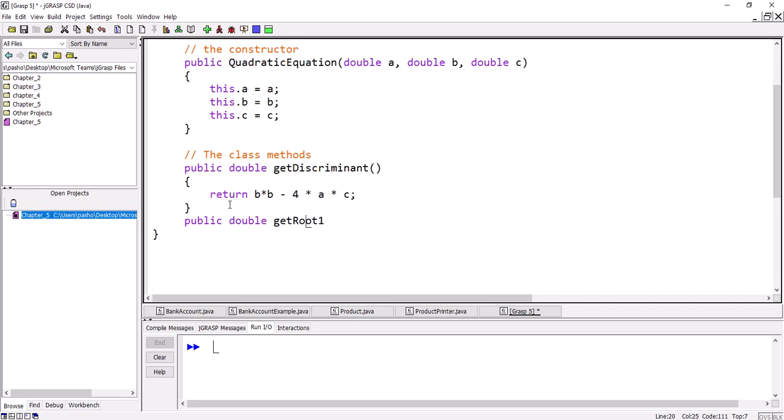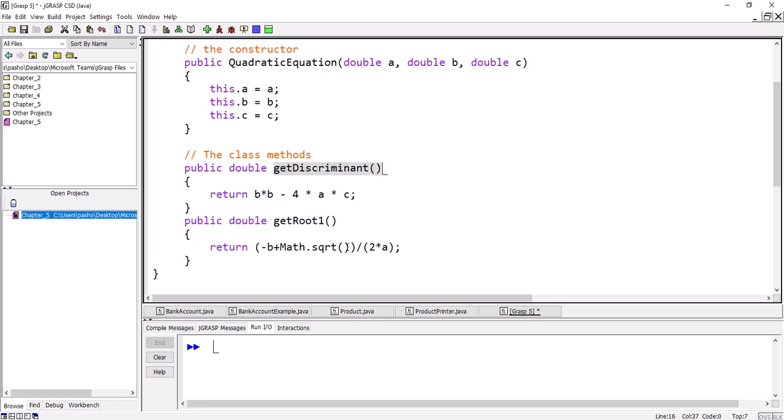Now let's look at the equation that we are going to apply, and if all the parameters of this equation are already defined inside the class, we don't need input parameters. So it will return, divided by 2 multiplied by a. Here we have introduced before a library that has all math functions, so it will be minus b plus Math.sqrt, which stands for square root, and here inside you can call discriminant